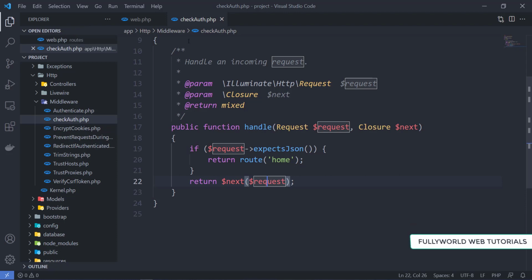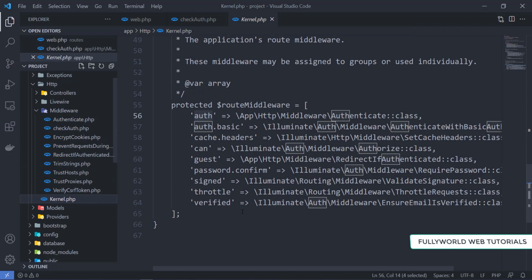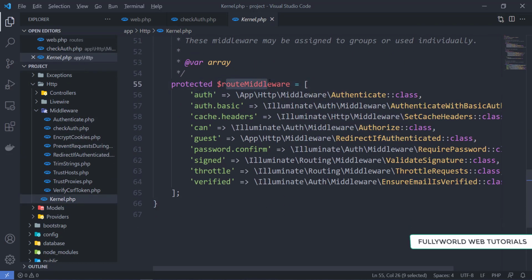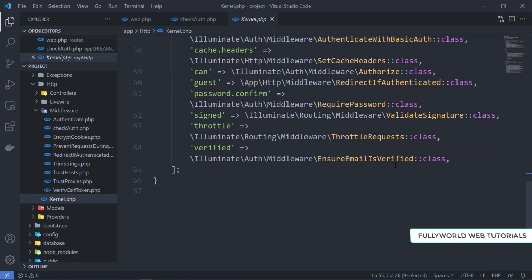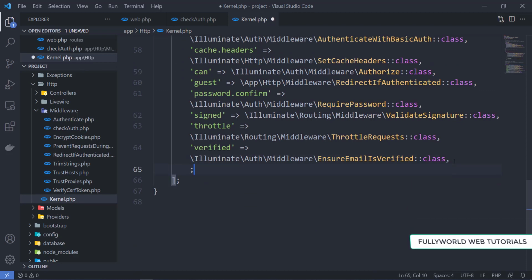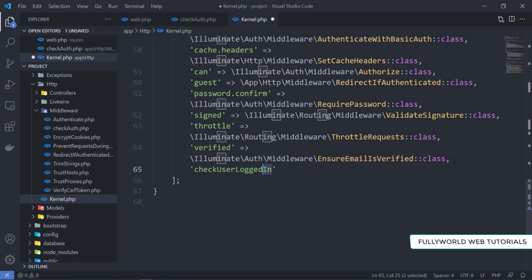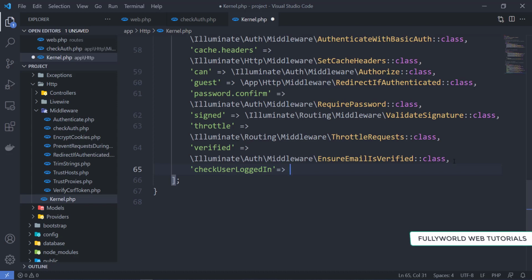Save it, and now we have to register this middleware. So let's go to the Kernel, and here in the route middleware we have to register it. First of all, here we will write checkUserLoggedIn. It will be the name that we are going to use in the group here, the middleware name, and here we will mention the middleware class.